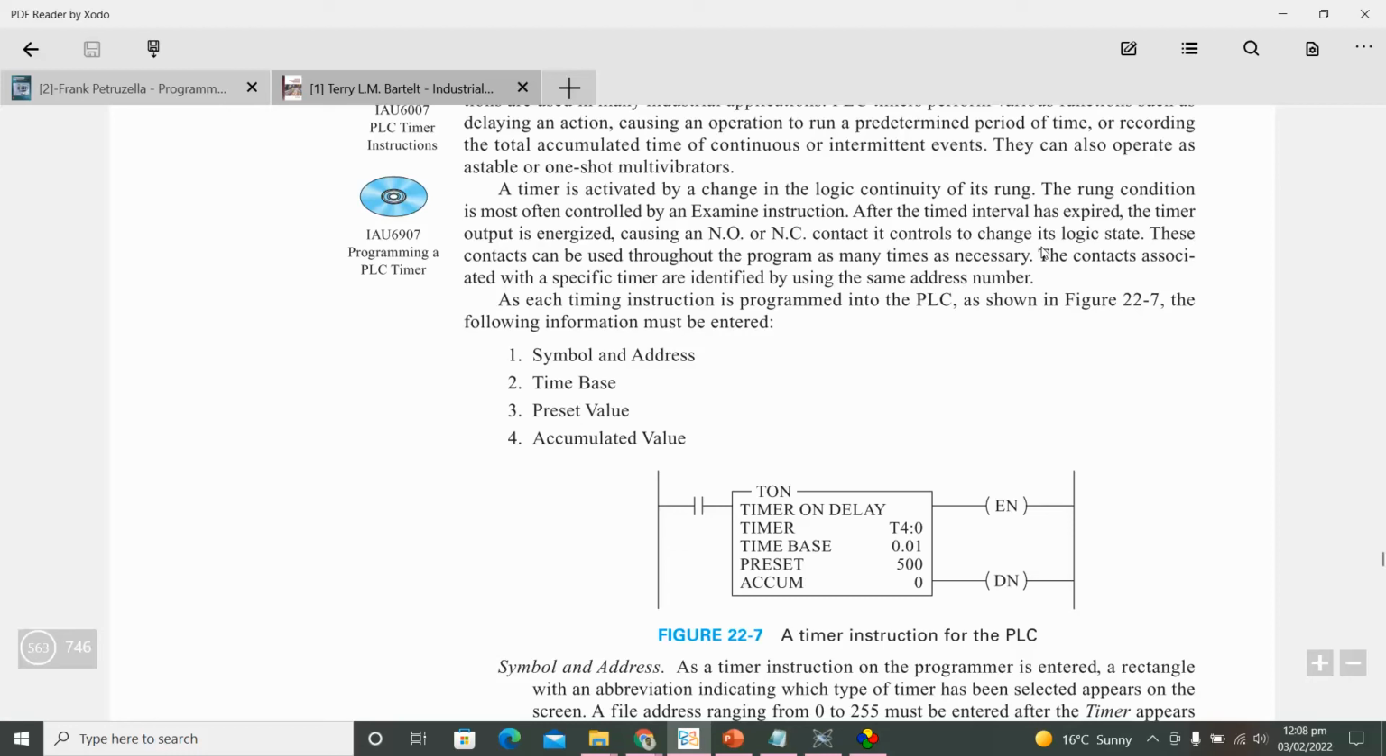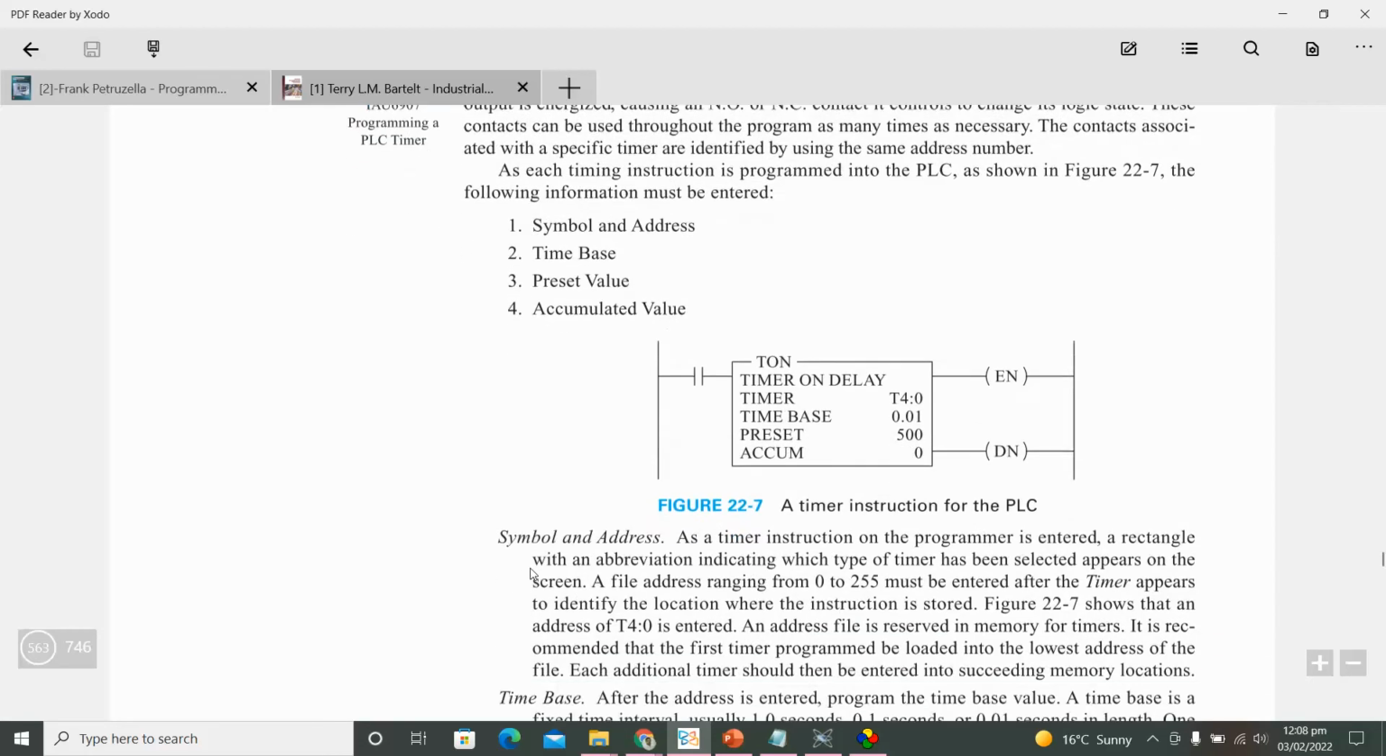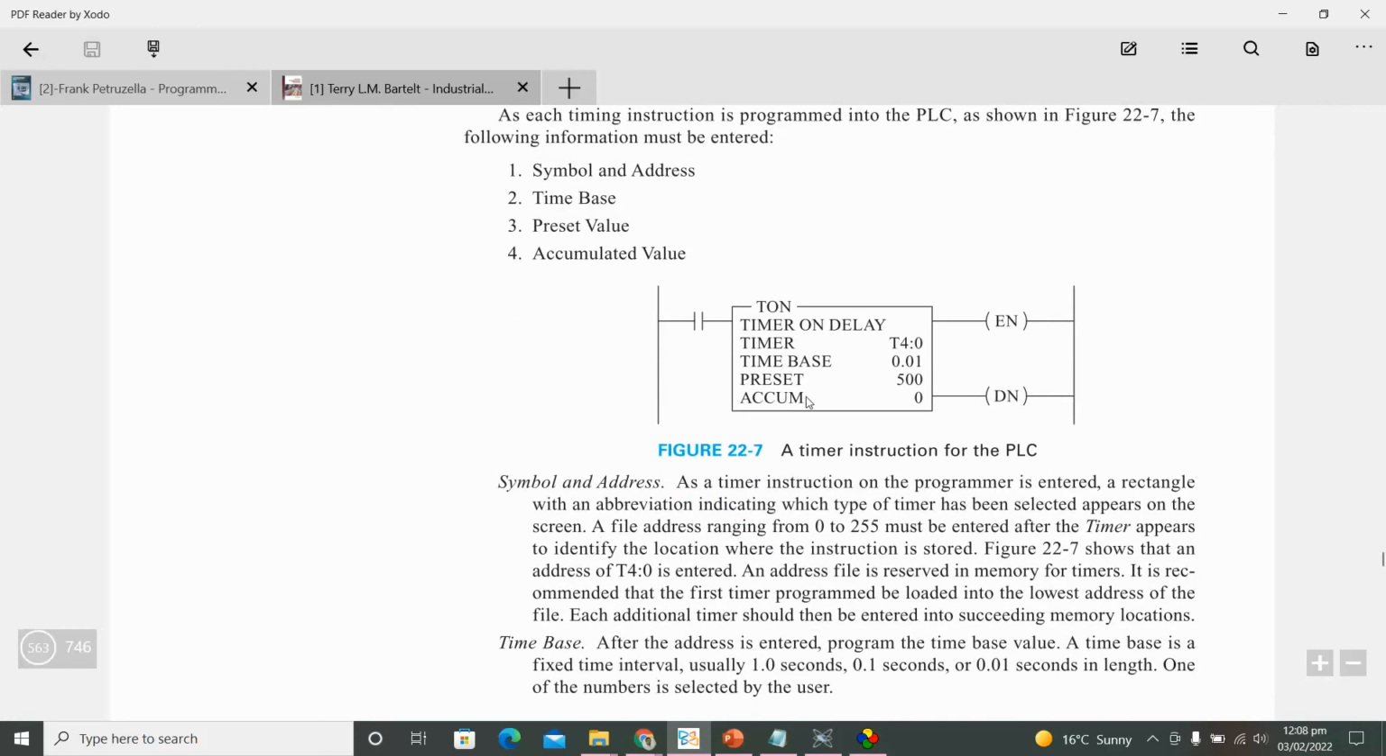These contacts can be used throughout the program as many times as needed. As each timing instruction is programmed into the PLC, the following information must be entered. Timer को use करते हुए आप चार चीजें enter करेंगे. एक symbol and address, ठीक है, like this one, कि भाई ये कौन सा टाइमर आप यूज कर रहे हैं, उसका एड्रेस क्या है. तो दिस टाइमर इज टाइमर नंबर 4 0. ठीक है,